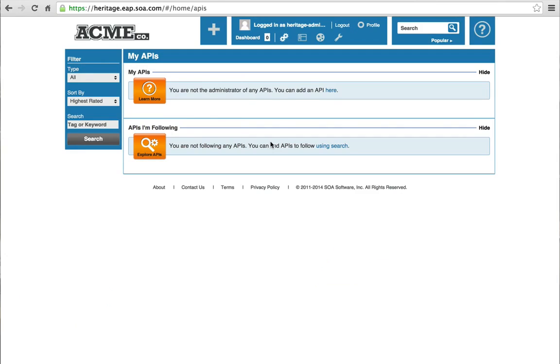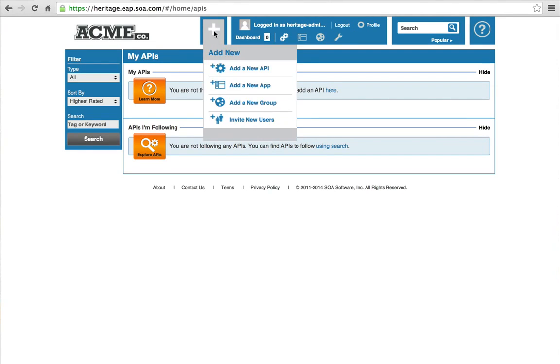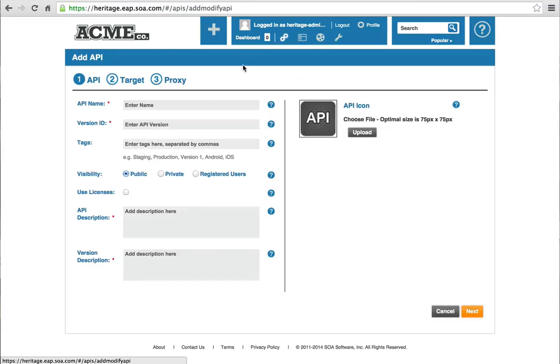I have already logged into SOA Software's API management solution. This is going to be the first API I've published into this solution. So to begin, let's hover over the plus sign, click Add New API. Again, the first step is to define or describe the API. So I'll give it a name, give it a version. Enter some tags to help me find the API later when I do searching, such as staging,